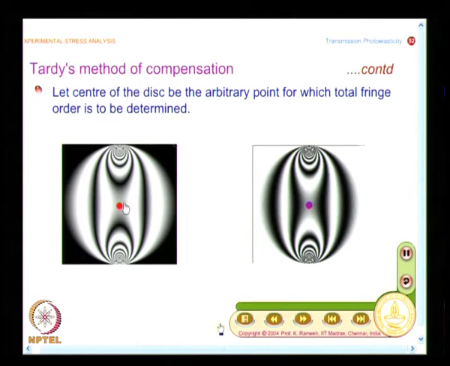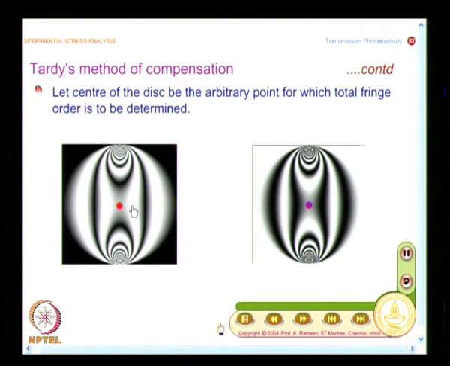We are going to look at the center of the disc, and I have taken the loading in such a manner that the fringe order is neither a full fringe nor a half fringe. Here it is 0, 1 and 2, so the fringe order lies between 1 and 2; the fringes in the other field are at 0.5, 1.5, 2.5, that is the way the fringes increase. So, it lies between 1.5 and 2.5. Both in the dark field as well as the bright field, a fringe does not pass through the point of interest. So, I need to find out the exact fringe order only by a compensation technique.